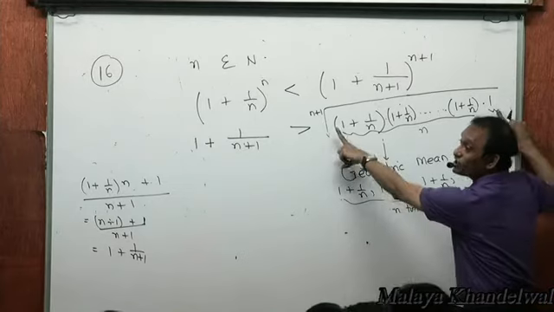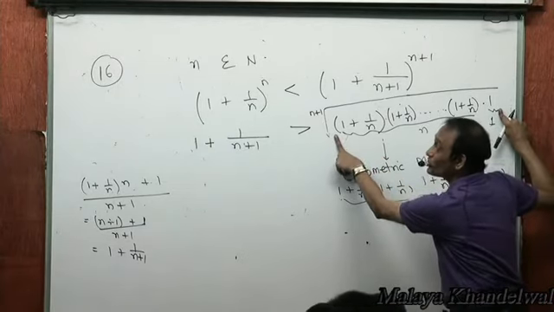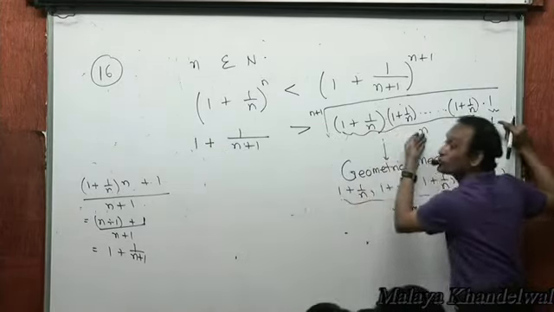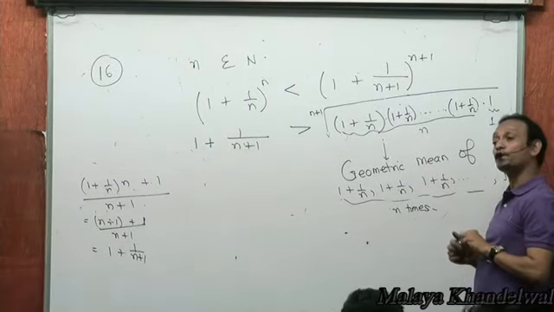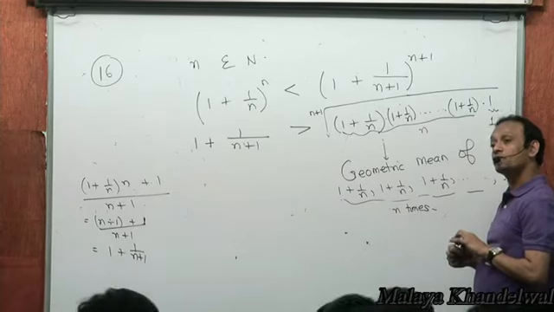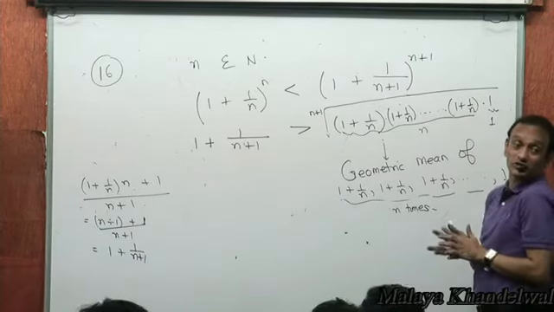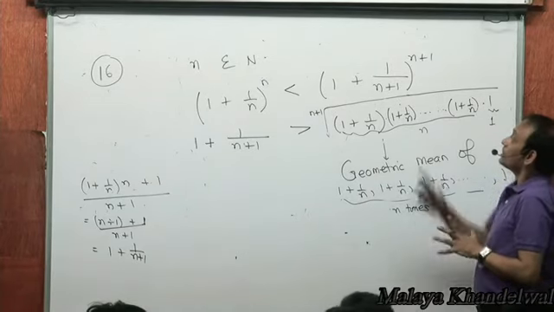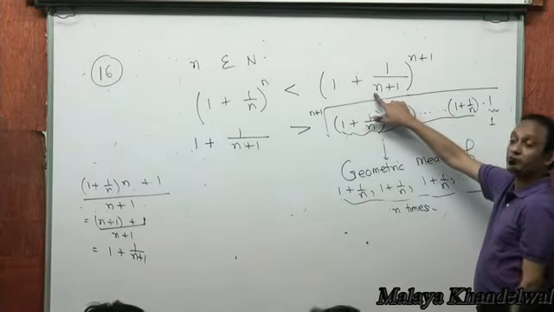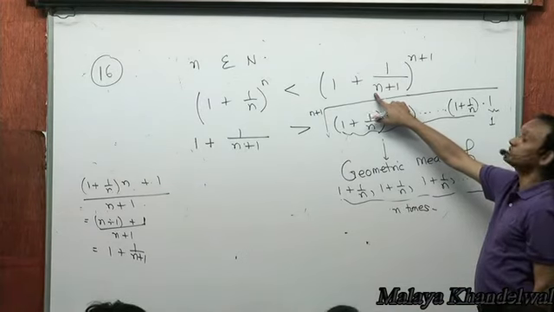The right hand side is the geometric mean of these numbers. Very clearly, arithmetic mean has to be greater than the geometric mean if the numbers are distinct and positive. Right? So this is only a statement about arithmetic mean being bigger than geometric mean. This is a result that I want you to remember also. I want you to remember this result.